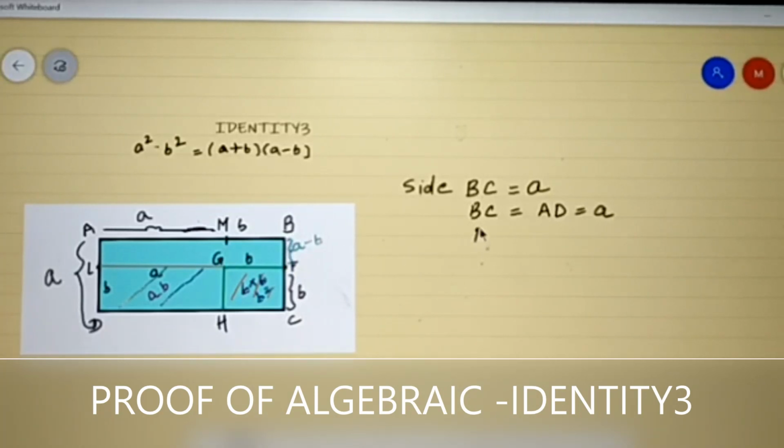BF. What is the length of BF? This total length, total breadth is here actually A, and we remove the part CF, that is B, that is the length of BF. So we have this rectangle here, this shaded part, this rectangle can be the length into breadth, and the length is A plus B and the breadth is A minus B. So area of this rectangle is A plus B into A minus B.